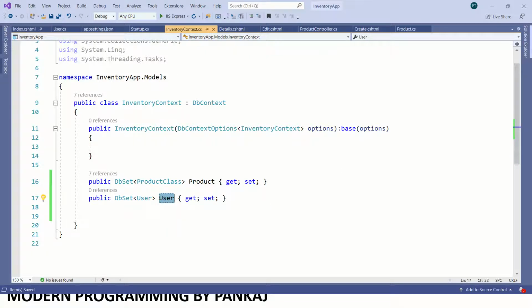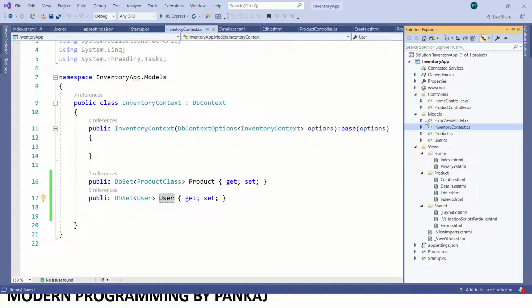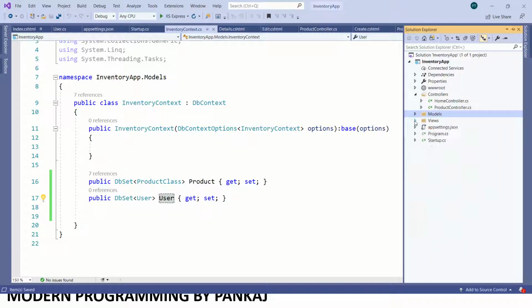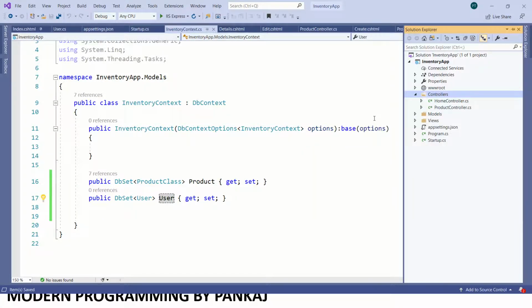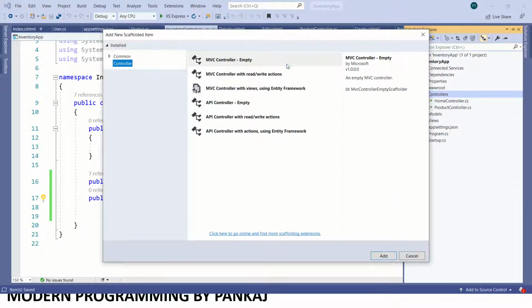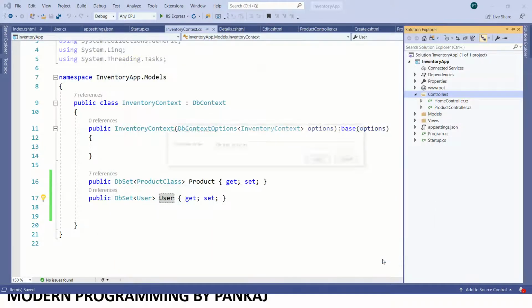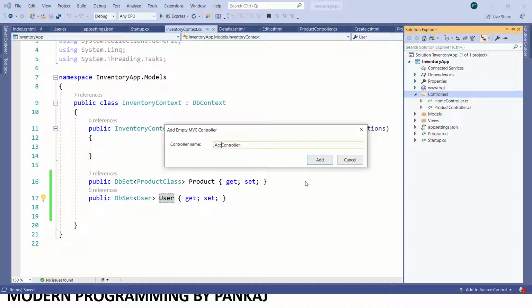Now what is next? First I need to create the controller. I am going to add one controller named account controller. I am going to use the MVC empty controller, and I'll give the name account.